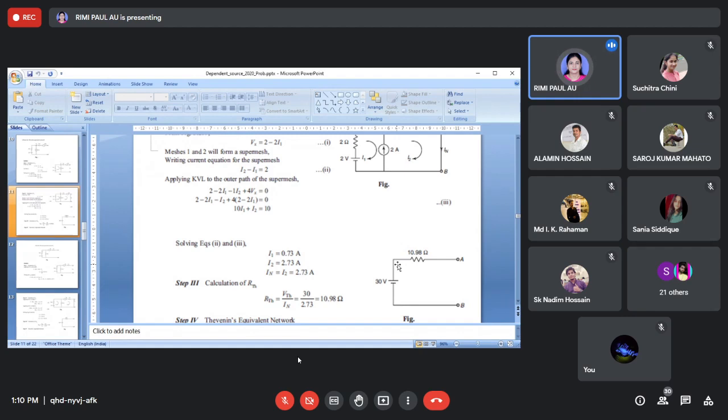Even in the next semester you will go through machines, where you will get a series RL circuit: armature resistance, field resistance, armature inductance, field inductance. If it is a series DC circuit, then you will get RL here, because if you have a coil, it is an armature coil or field coil. Whenever I deal with a coil, I want to consider an RL load. Coil means a pure inductor is not possible, so instead of a pure inductor, we use RL, meaning resistance and inductance are both present.